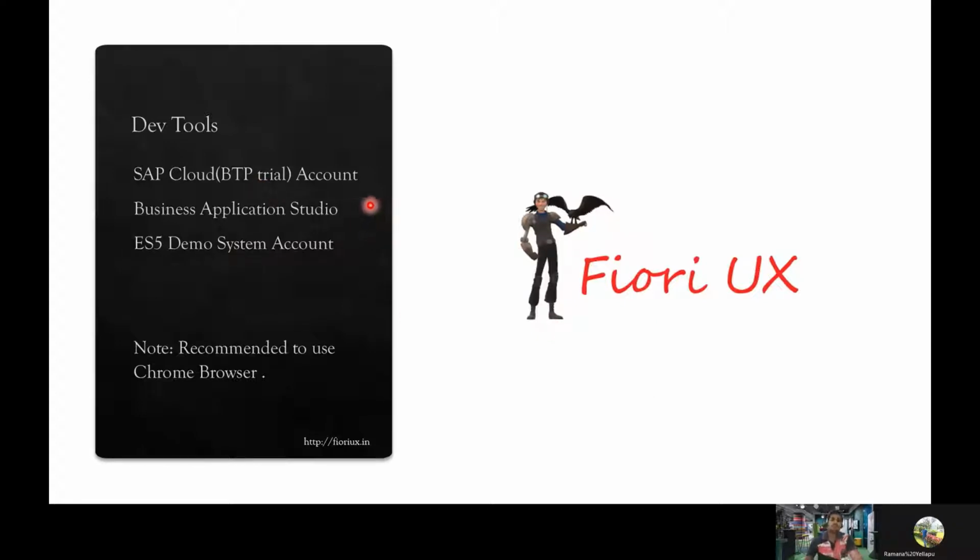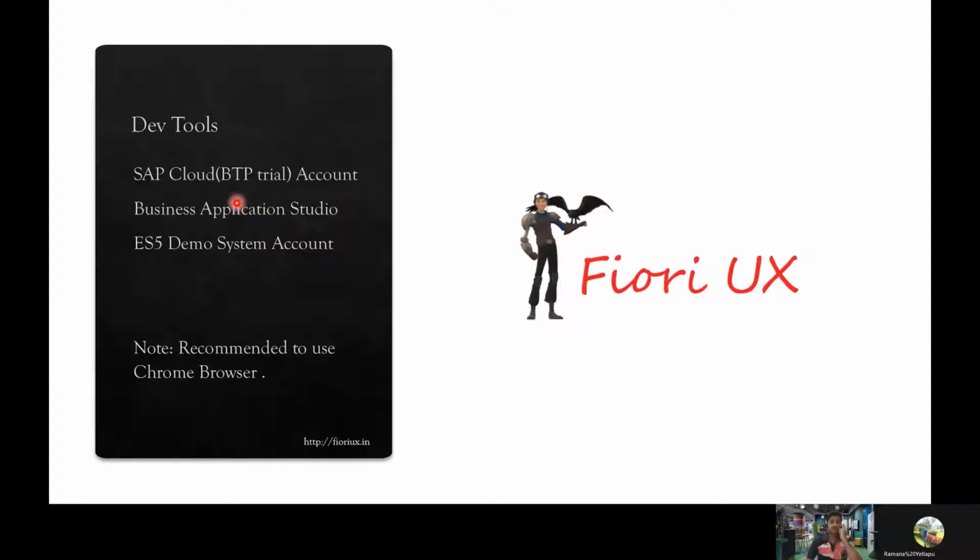First and foremost, we need to have one SAP account. If you do not have an SAP account, do register on sap.com, using which we have lots of trial accounts which will help us in developing Fiori apps. If you're familiar, the SAP Cloud account is now called the Business Technology Platform trial account, BTP, or Cloud Foundry account. Previously, it used to be based on the Neo environment. Now it is based on AWS.